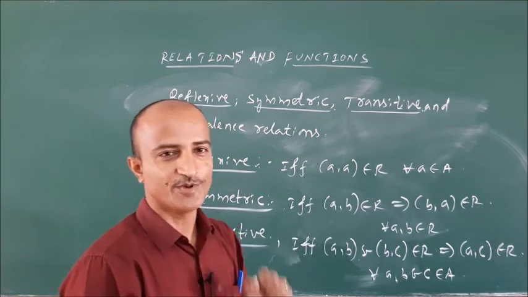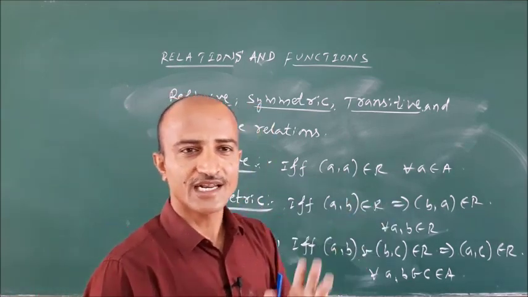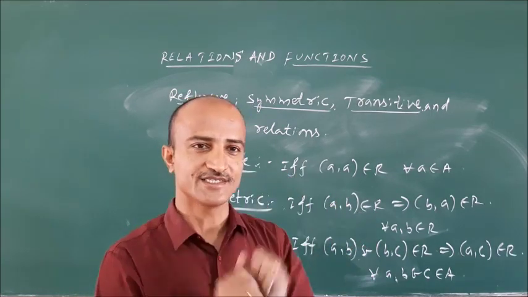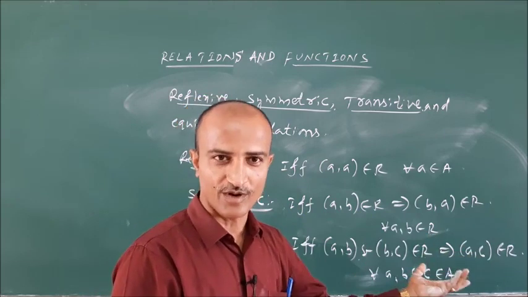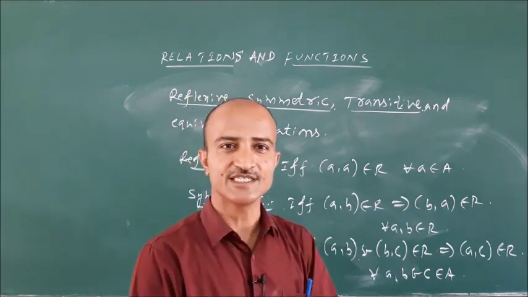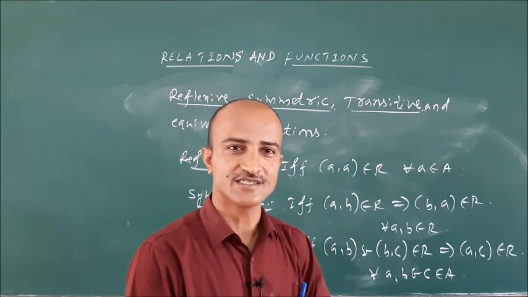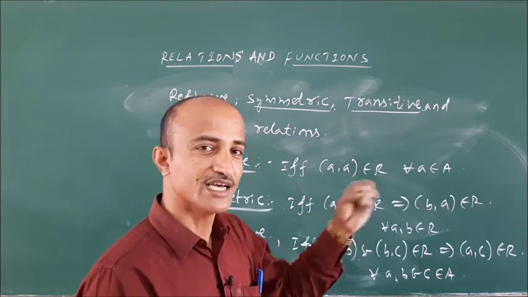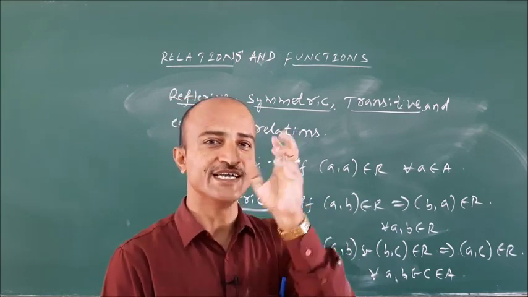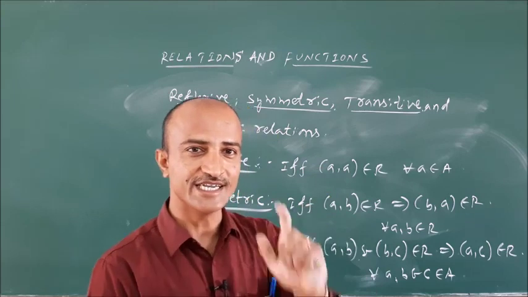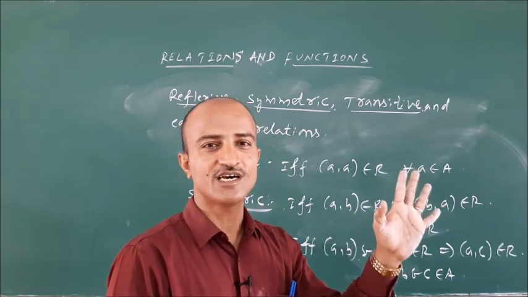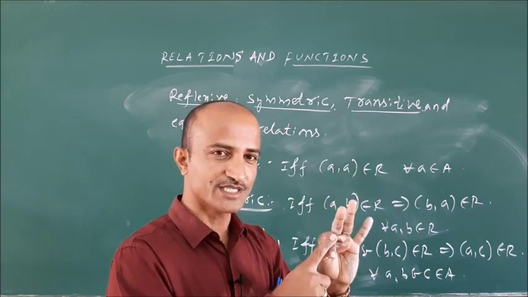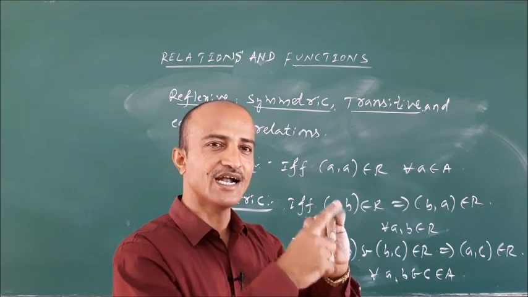See, in second PU, regarding the relations concepts, we need to know about only these types of relations and then solve a few problems based on these definitions or based on the types of relations. Whenever we want to solve the problems based on the types of relation, then we must know their definitions or conditions. When we know definitions or conditions, then we can easily solve the problems. So once again we will recapitulate the meaning of empty, universal, reflexive, symmetric and transitive.